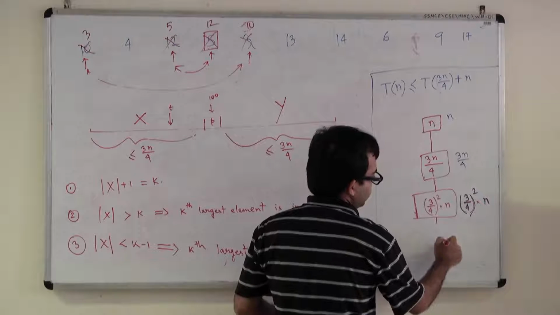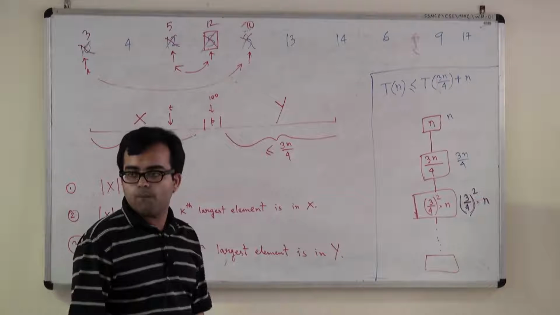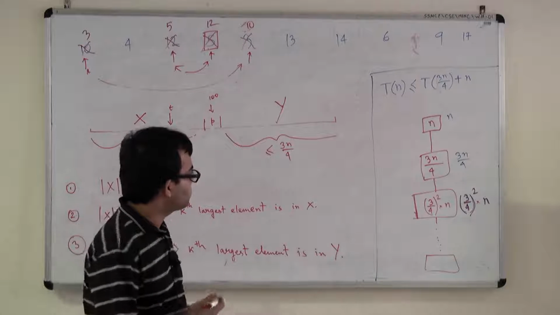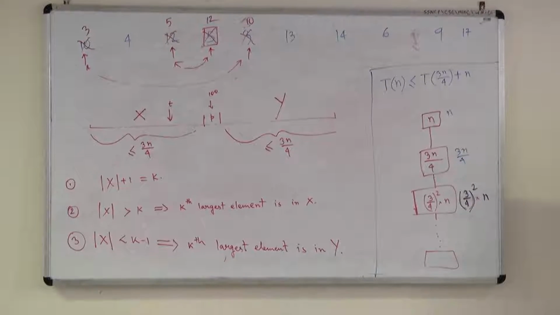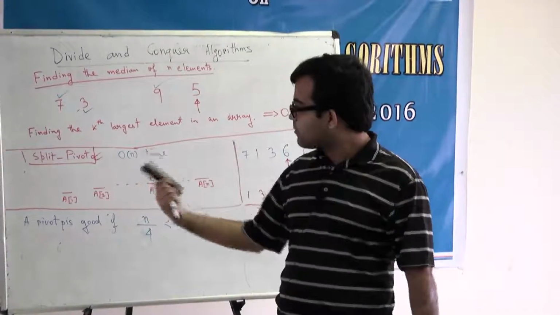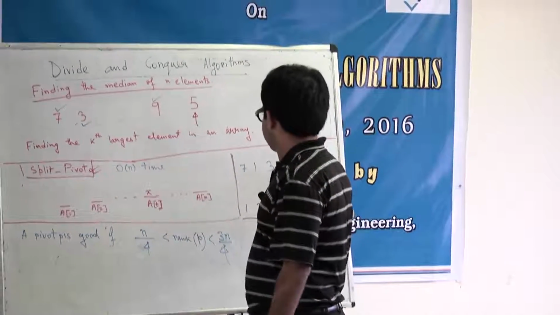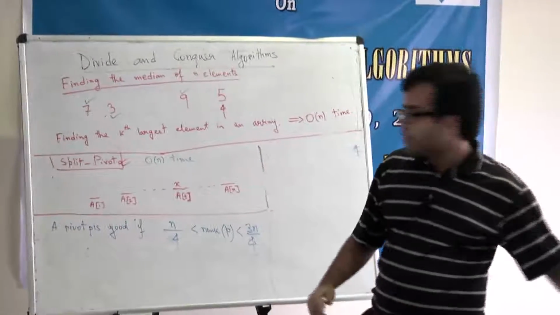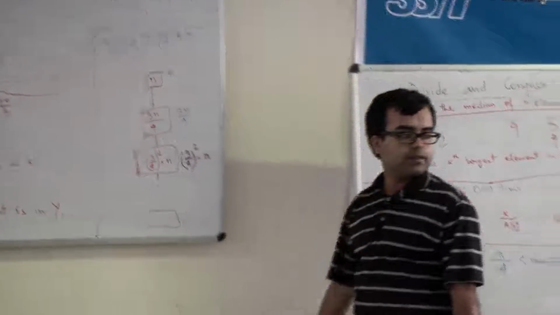So this is almost just like a path, right? So how long can this continue? How many levels will there be? Anyone? Sorry? N. K. What is K? In terms of N, how many levels will it have? Suppose it has K levels, okay? So you have to stop after K levels. So what will be the size at the Kth level?